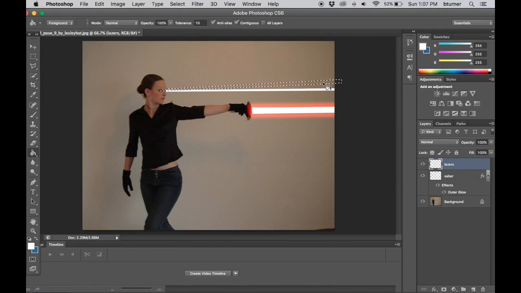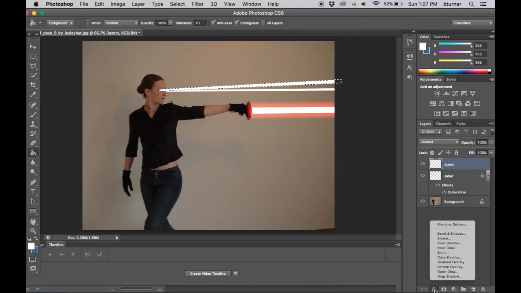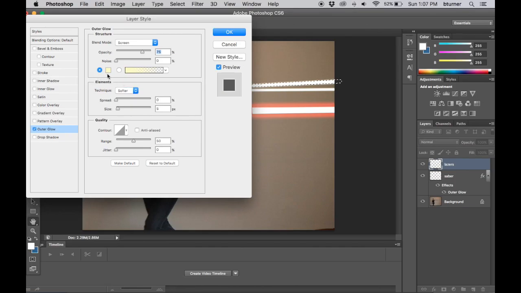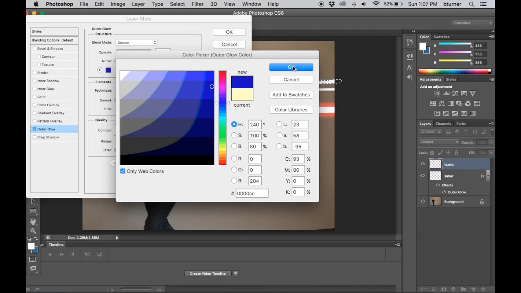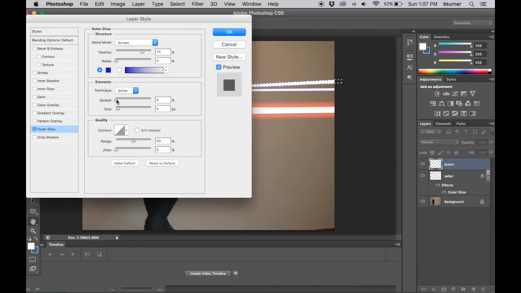Now up next is the paint bucket. Fill that area with white. Alright, now I come down here to my layer effects and I choose outer glow. Once again, I come to the selection tool for the colors, and this time I'm going to do something a little bit different. I'm going to go with a blue laser. Click OK, and now I adjust the spread and the size to make it just how glowy and how vast